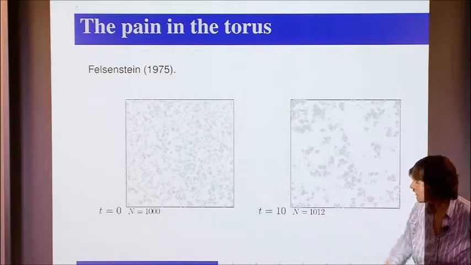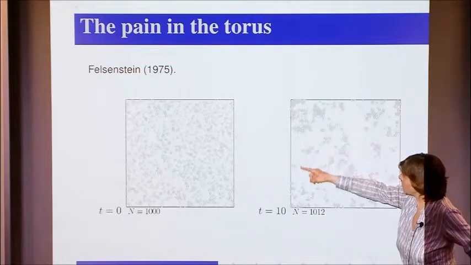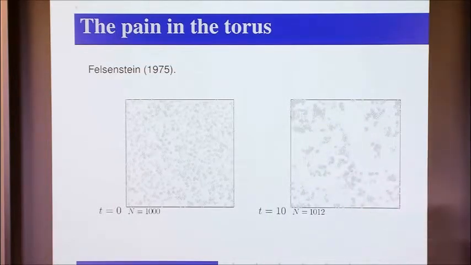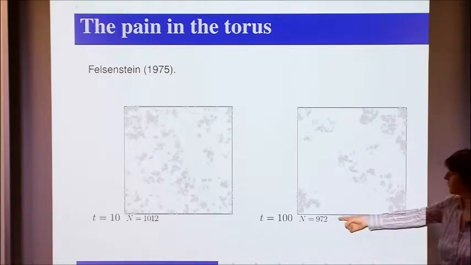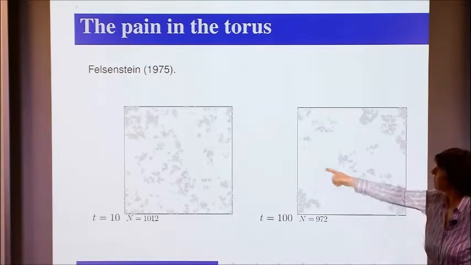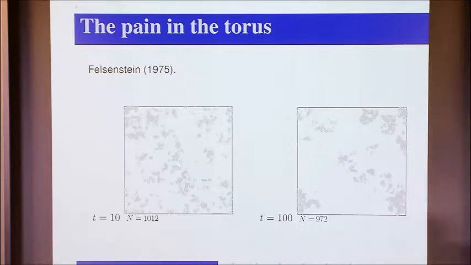So the population size is still pretty close to 1,000. It's not really changed very much. So that bit's all right. But it doesn't look so evenly spread anymore, right? There's a lot of white space beginning to appear. After 100 generations, population size still pretty close to 1,000, but lots of white space. And if you remember we were working on a torus, you can see we've really only got one large clump